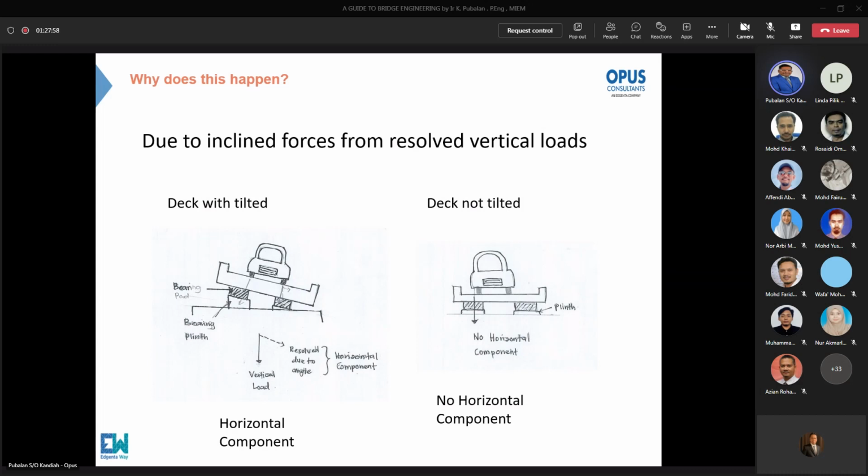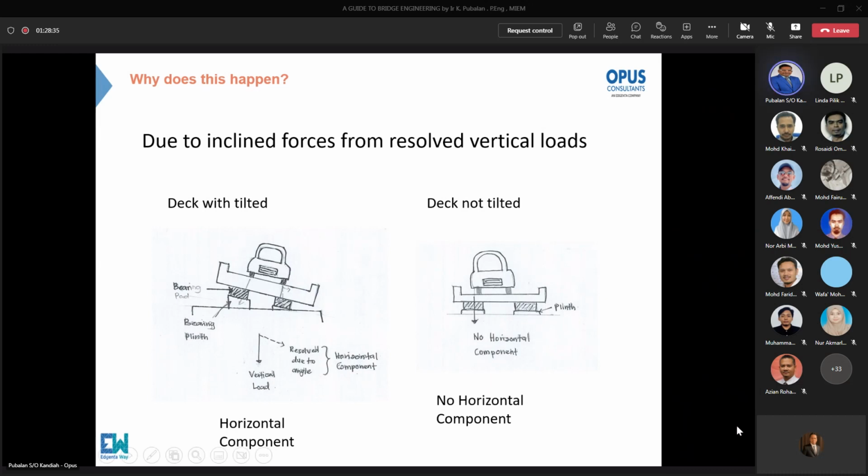So when you have a flat bridge where the deck is not tilted, you do not have any horizontal component. Sama seperti kita apabila kita bawa basikal dekat kawasan yang curam dan sebagainya. So basikal tu akan gerak sendiri sebab kita ada komponen gravity yang turun ke bawah. So the same thing is that